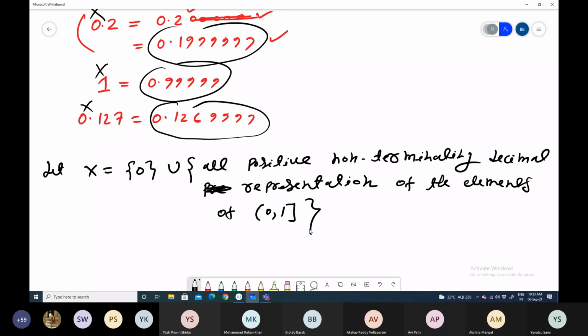So that means X equal to actually the closed interval [0,1], and